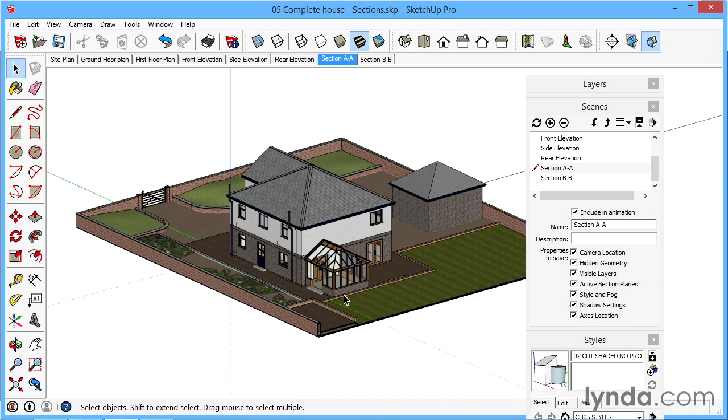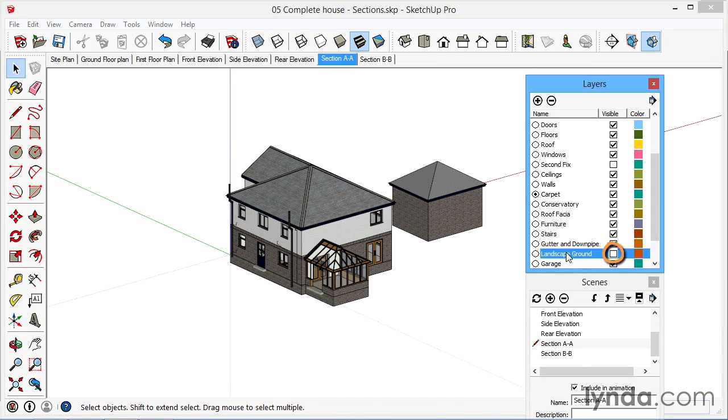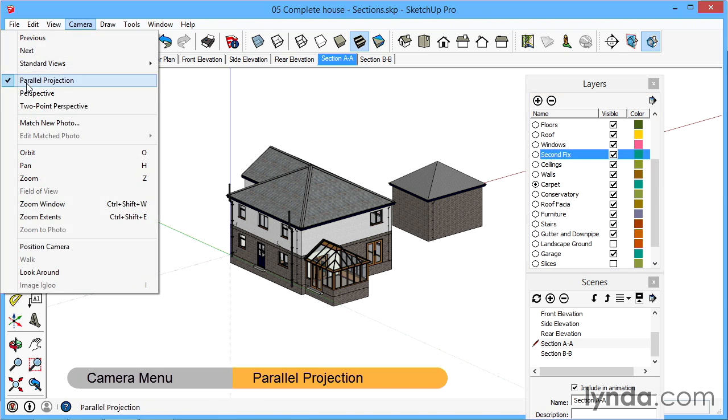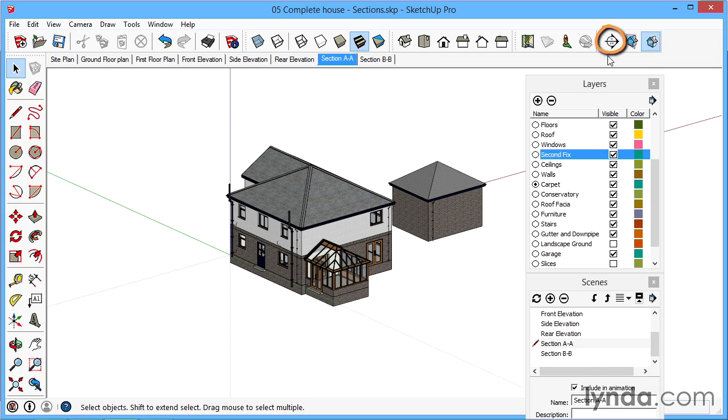Now we don't need any of this landscaping for these, so that layer can be turned off. What we do need to put in is the second fix on this one because we want to see things like architraves and skirtings, and we need to make sure our camera is in parallel, which it is. So then all that we need to do now is pick the section tool, and our section AA is going to run looking in this direction. So we'll pop it on this face,